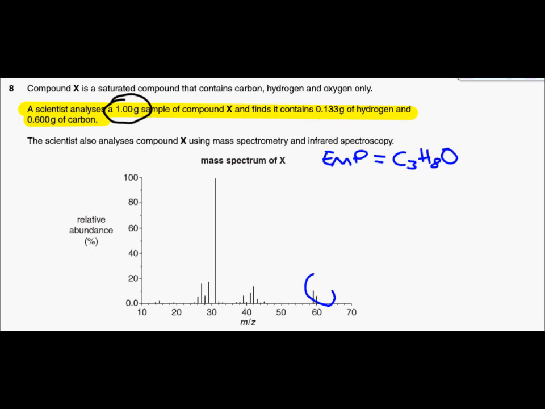Here we have our peak. It's called our M+, and it is on this spectra at 60. So it's either the M+ peak at 60, or you can say that the m/z is 60, which means that the molecular formula